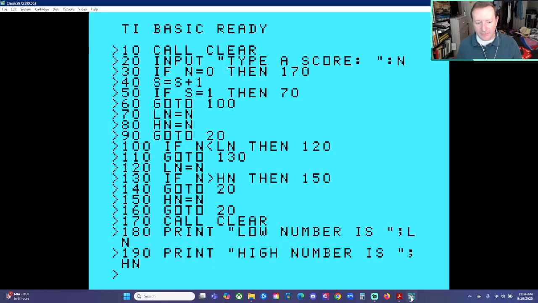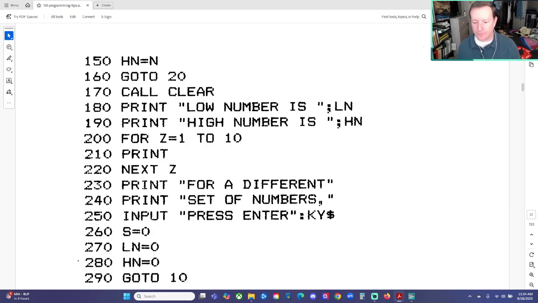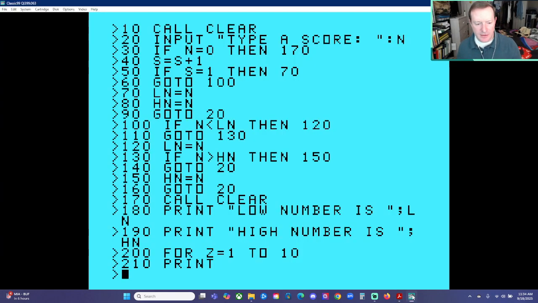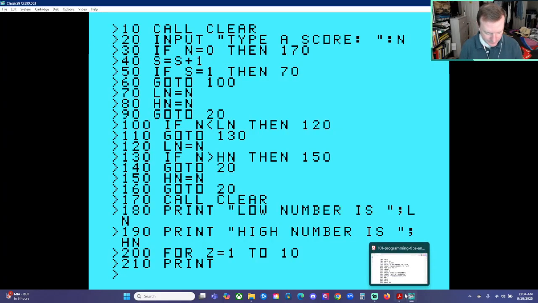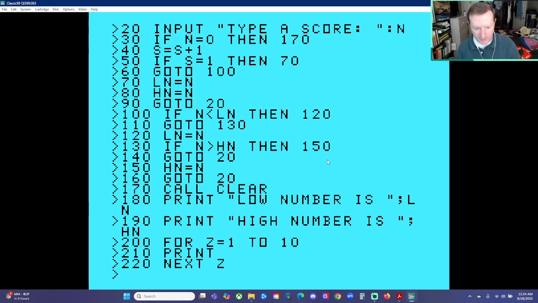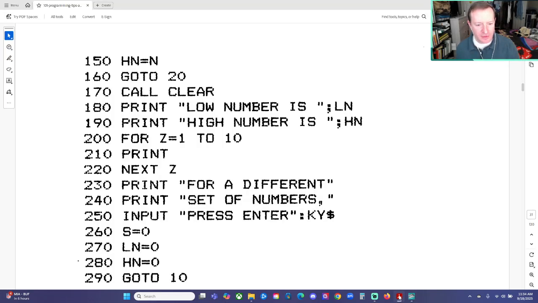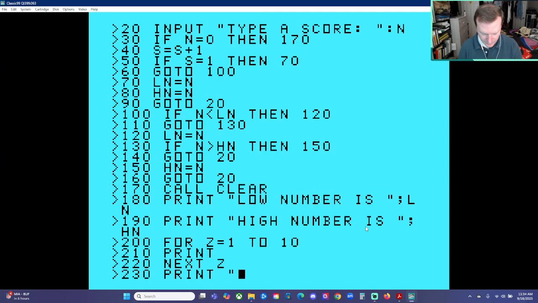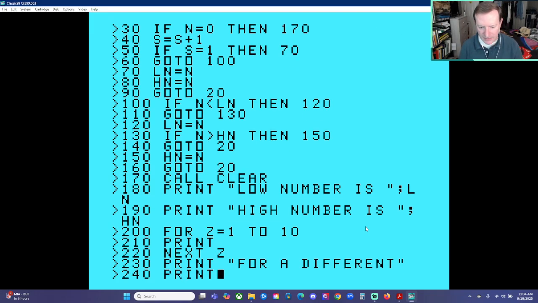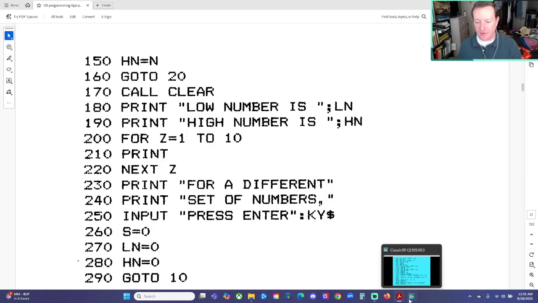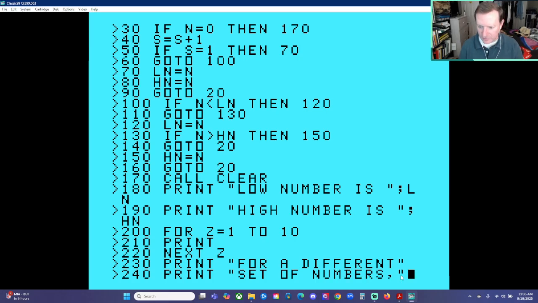200, for Z equals 1 to 10. 210, print. 220, next Z. Just a little for-next loop that prints 10 empty lines. 230, print for a different. 240, print set of numbers, comma, quote,